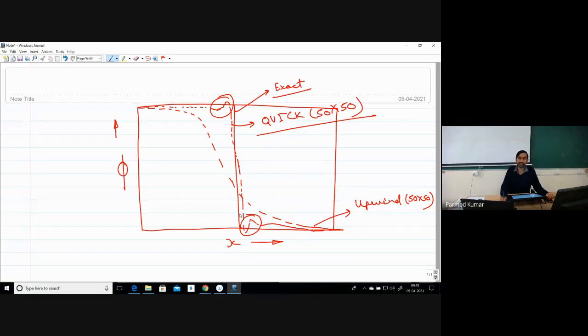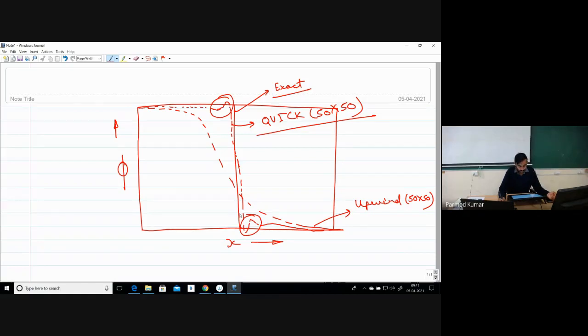you may find that if you are having some turbulent situation and you are using the QUIC scheme, these oscillations may sometimes lead to negative turbulent kinetic energy and dissipation of turbulent kinetic energy. The magnitude of turbulent kinetic energy and its dissipation is a positive quantity as per its physical nature, but these numerical oscillations introduced because of the QUIC scheme sometimes may lead to negative values. Such issues in our numerical solutions will give us unrealistic simulation results.